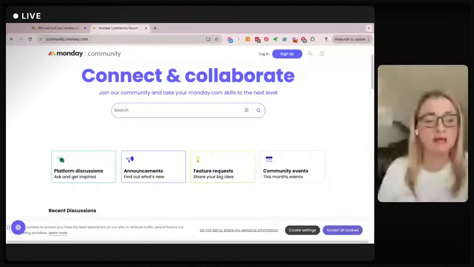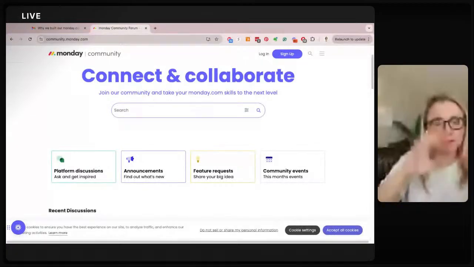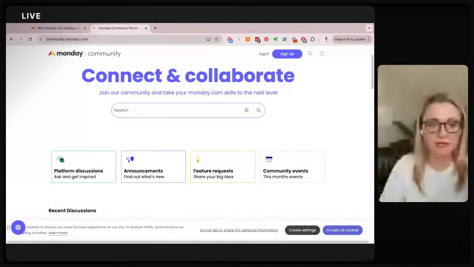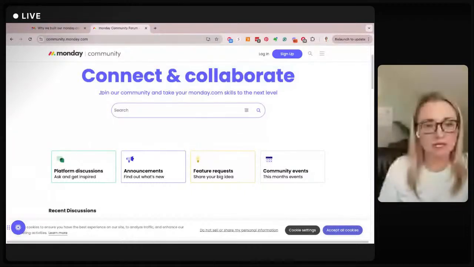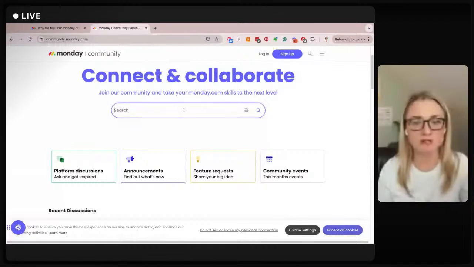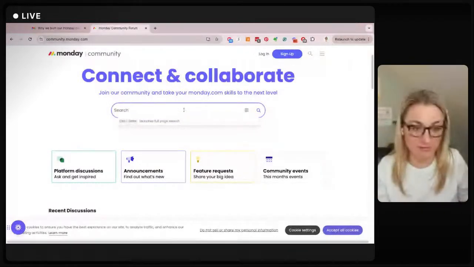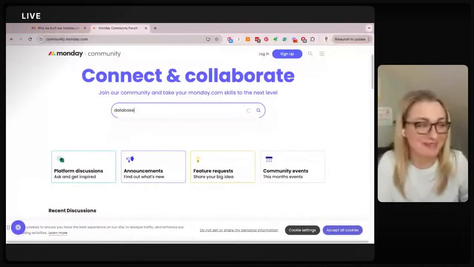I like that breakdown of the things you can do here. This is more of an aspirational statement, right? When I see it, I'm like, okay, join our community, take your skills to the next level. Well, where do I start? Because if I search for something like database, it's going to return tons and tons of stuff.